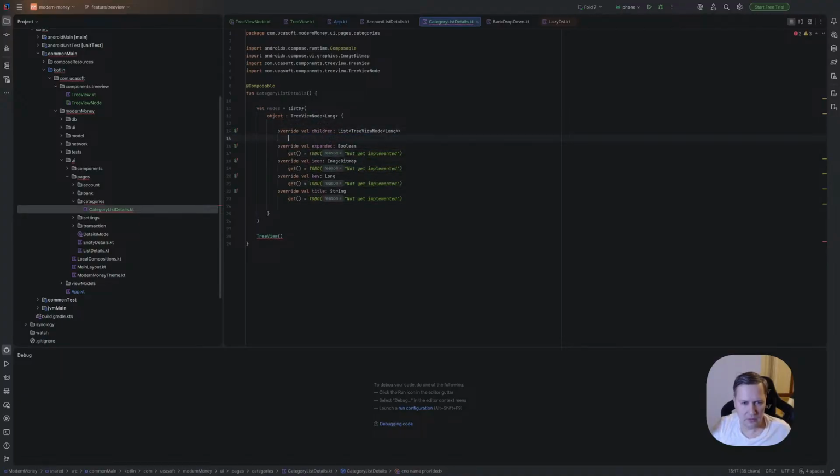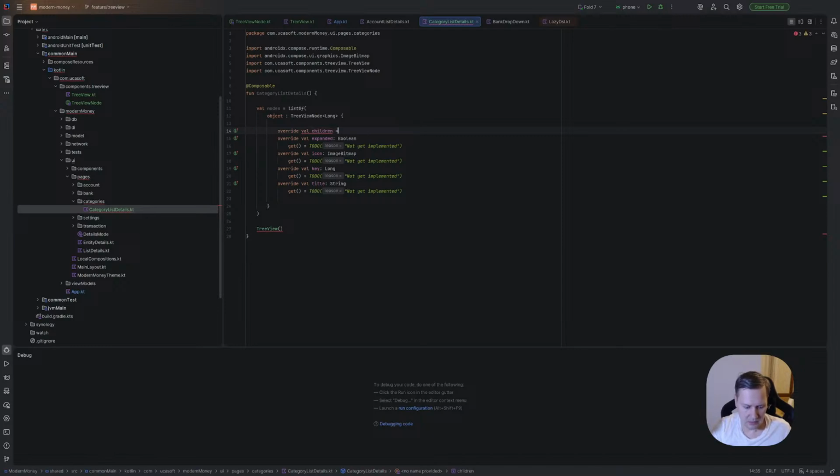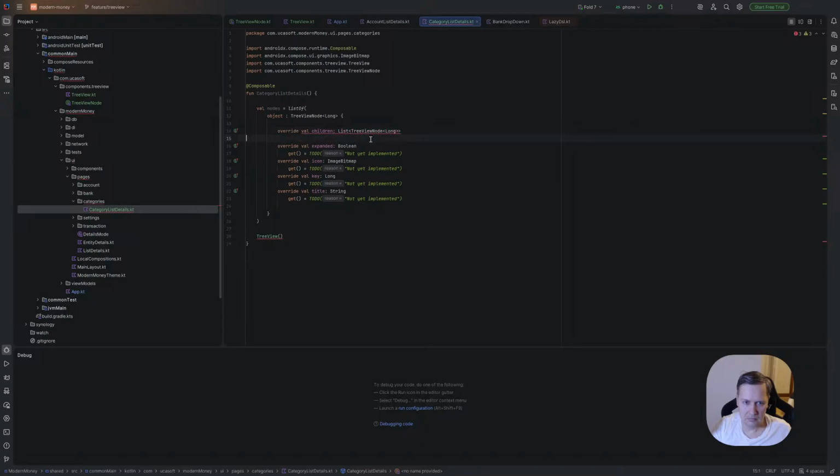So for children, it can be empty list. For expand, it should be false.